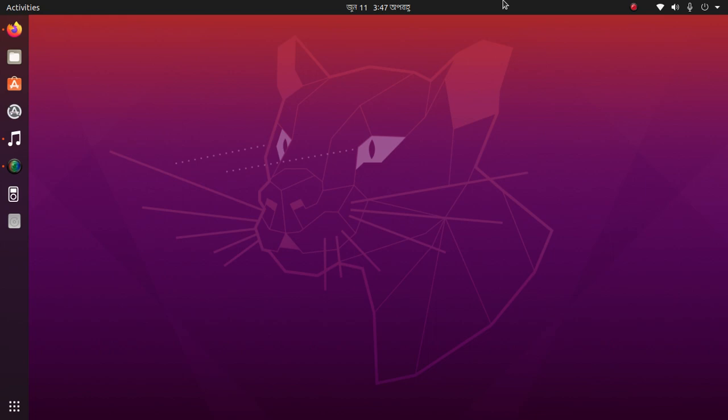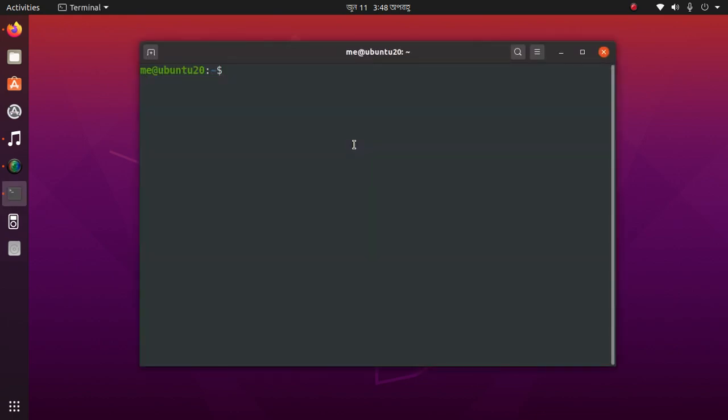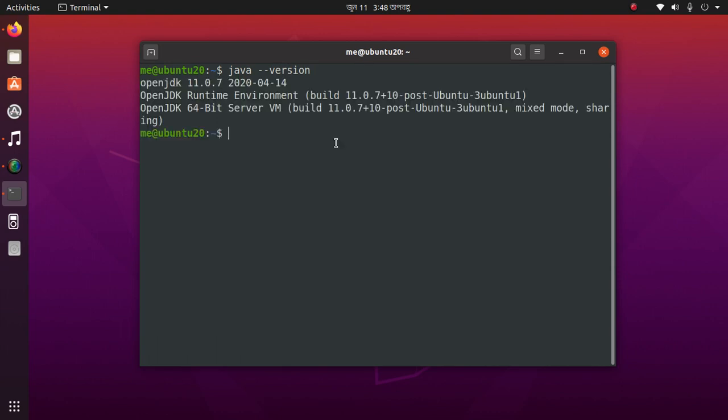At first, you have to check your JDK by this command: java version. If it is not installed, you have to install it first,